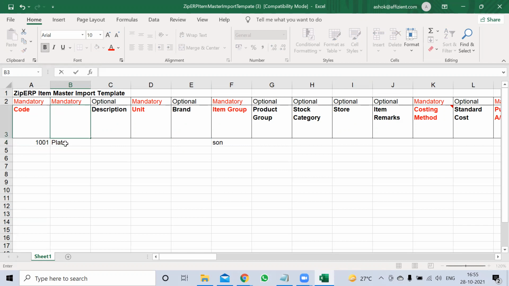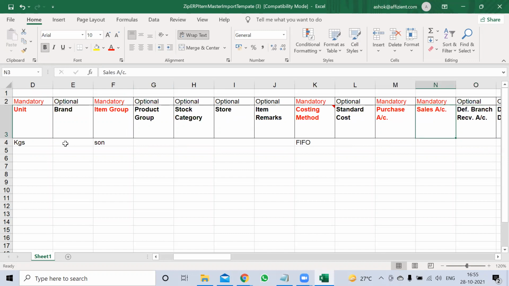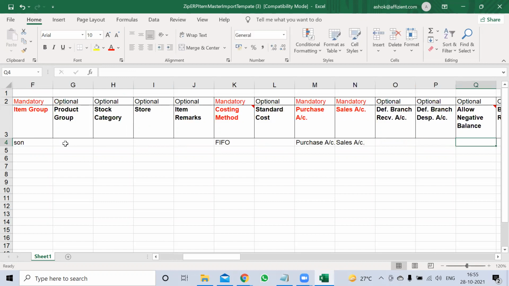And unit of measurement, D column, KGS it should be. Costing method will be by default FIFO, K column, FIFO. Then come back, purchase P, just type P, it will come automatically. Enter. Go to right.